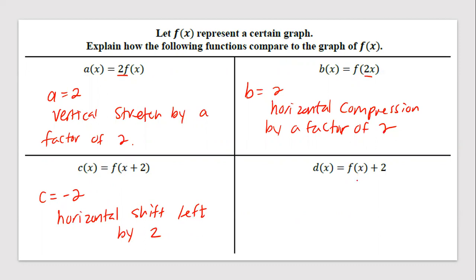Okay. Lastly, we have f of x plus 2. So this is a d. Our d is 2. So therefore, we have a vertical shift up by 2. Okay. This is pretty much a summary of everything that we should have learned this first semester of Pre-AP